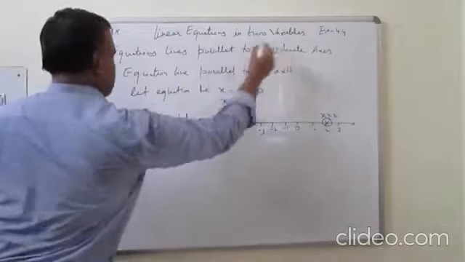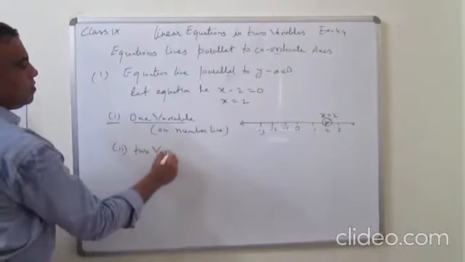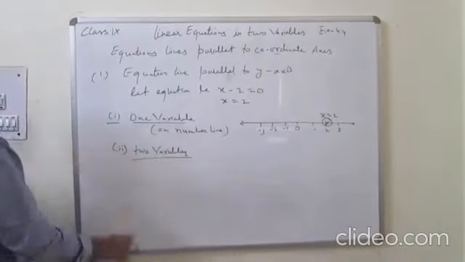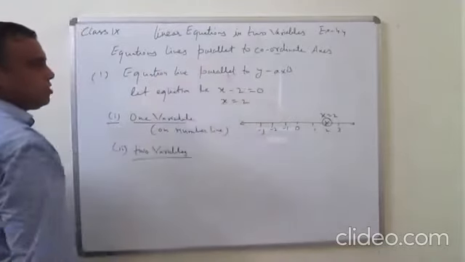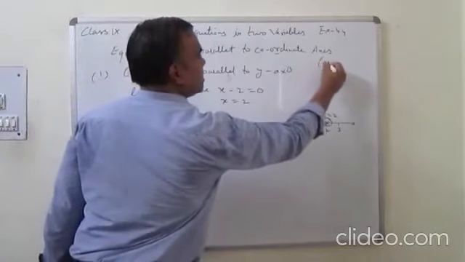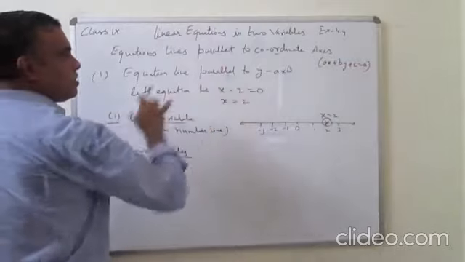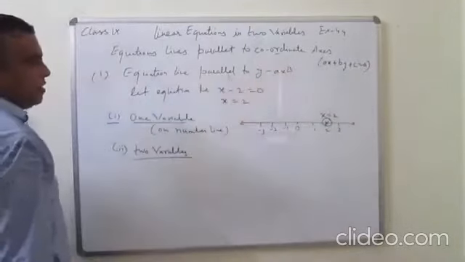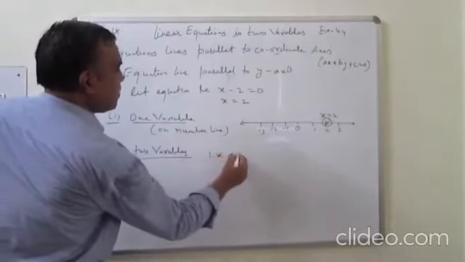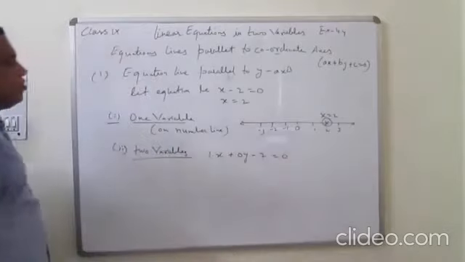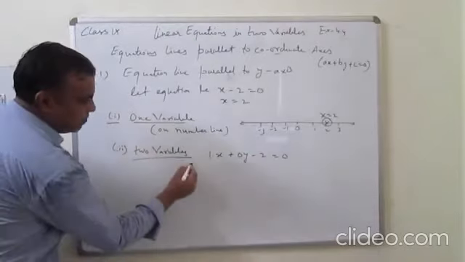Now in the coordinate axis, in the Cartesian plane in two variables, how will you draw? So we can write the equation. Here y is 0, and the general form of equation is ax plus by plus c is equal to 0. So we convert this equation into this form in two variables. Here x is 1, so you can write 1x plus 0y minus 2 is equal to 0. Now you plot this equation in two variables, that is in the Cartesian plane.